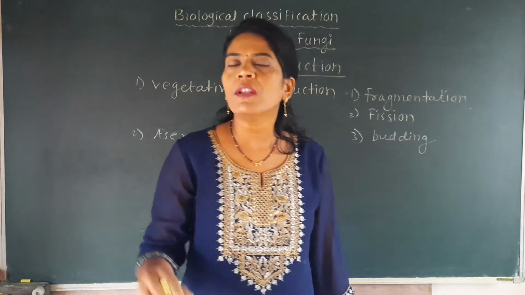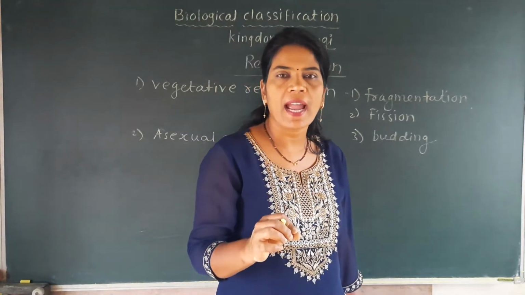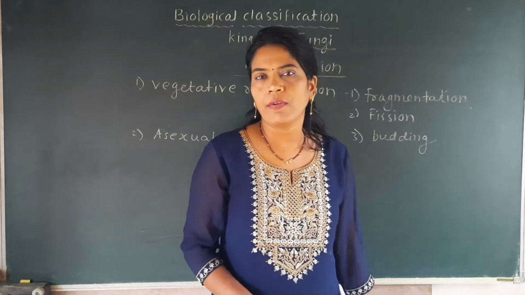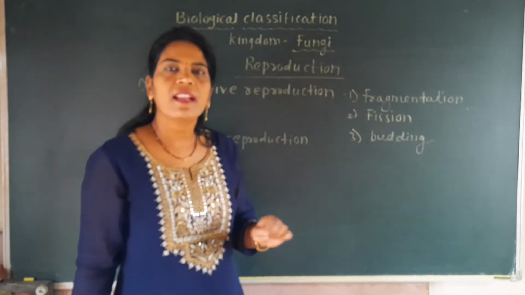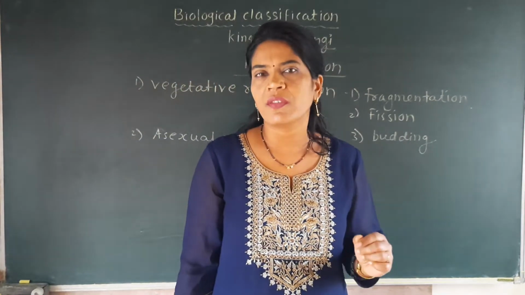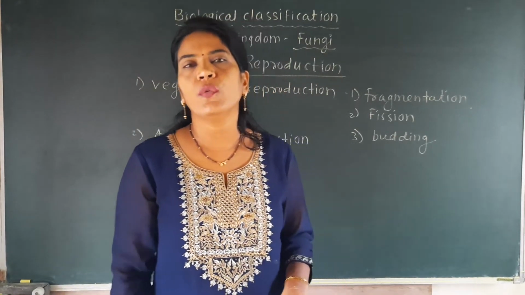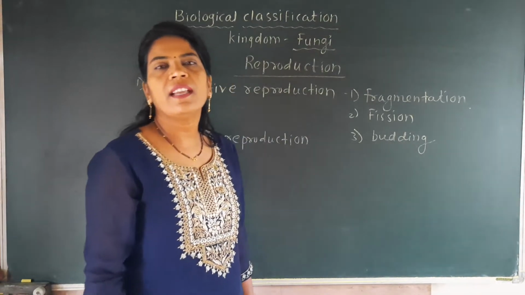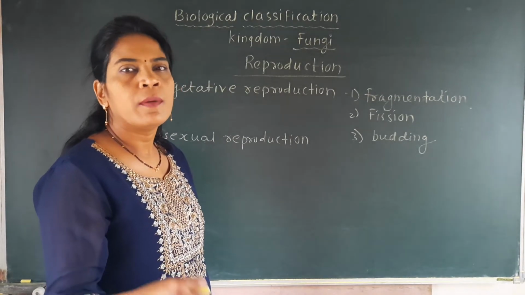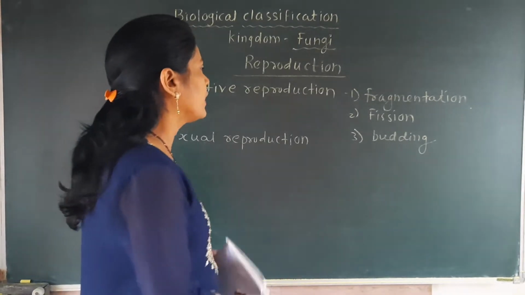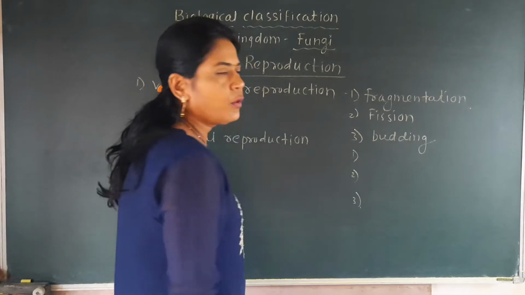Then what is meant by spore? Spores are nothing but round seed-like structures which are produced in the fungi, and by the spore also new fungi will be developed. Fungi are also produced by fragmentation, fission and budding. But there are some fungi which can produce spores, small seed-like structures, and when the spore germinates, it forms the new fungi. So there are three types of these spores which develop new fungi, and spore formation is called asexual reproduction, and it includes three types.